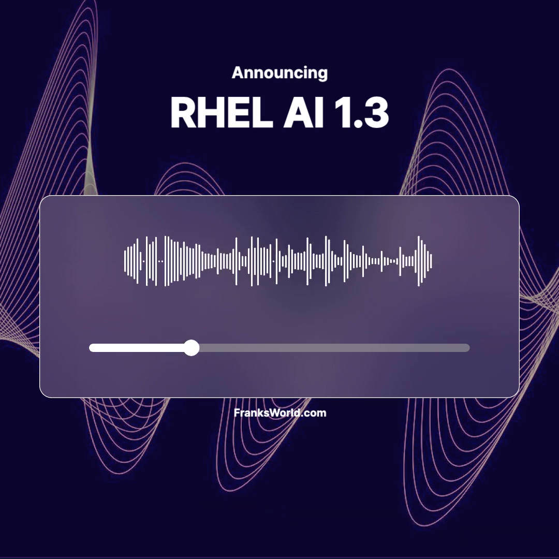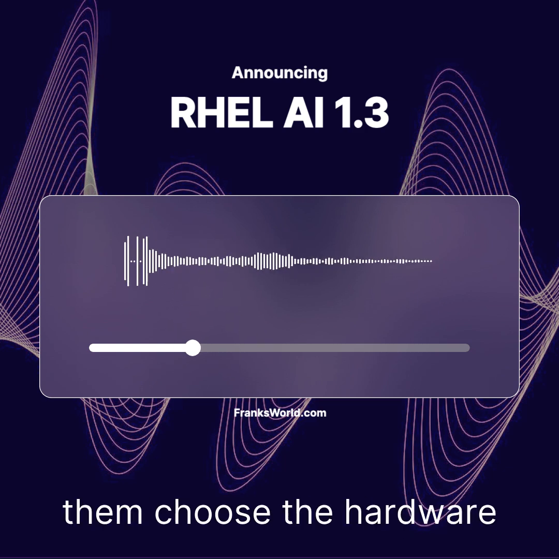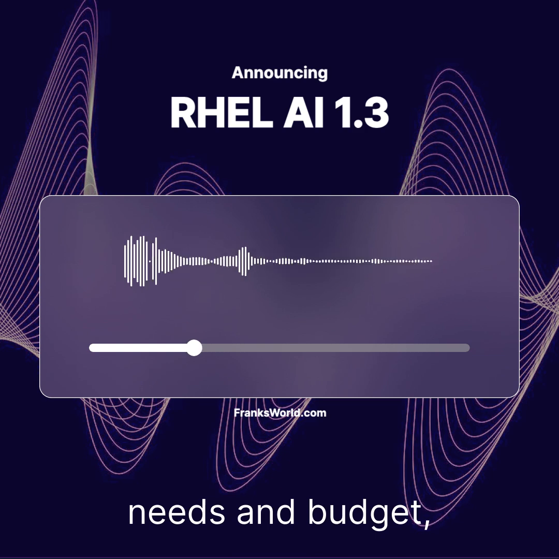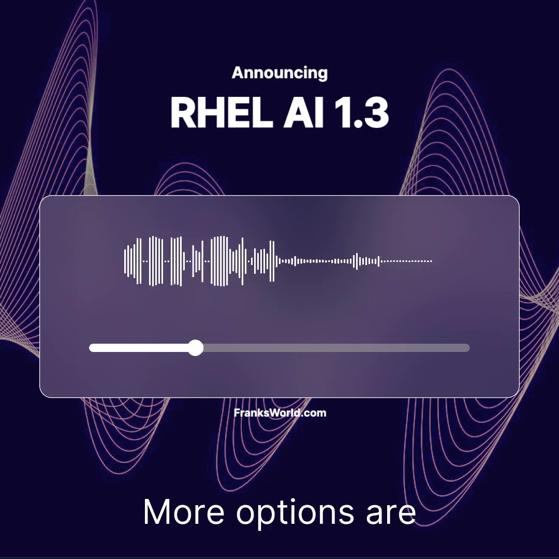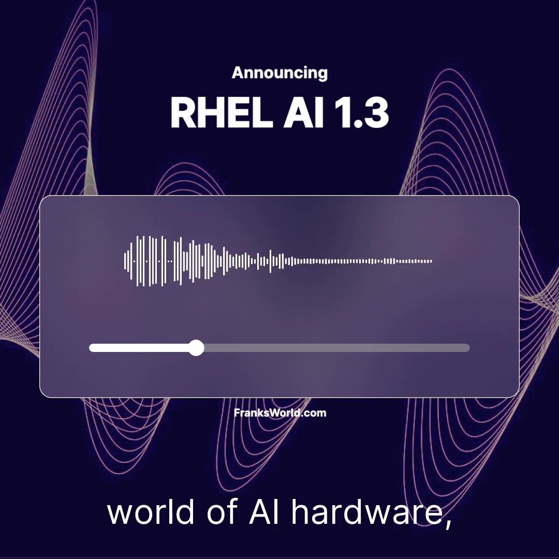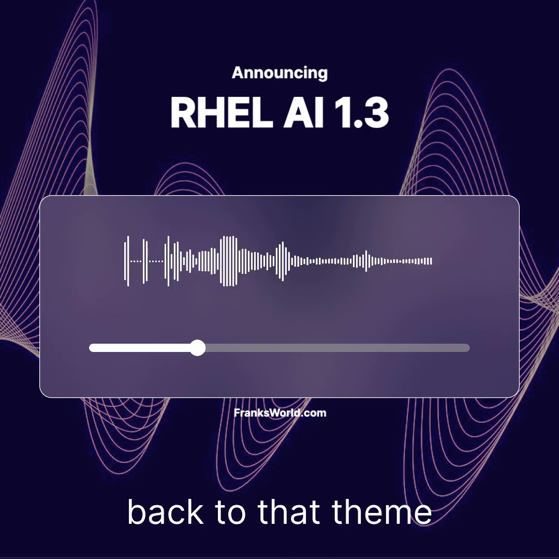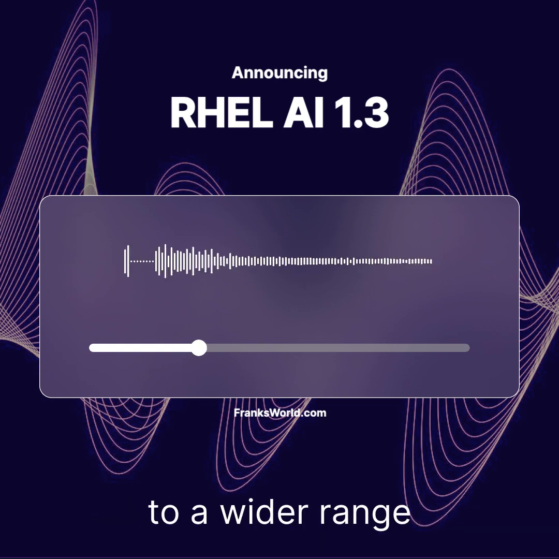So they're expanding the options, giving businesses more flexibility. Exactly. It's about letting them choose the hardware that best aligns with their specific needs and budget, whether they're looking for raw performance or something more cost-effective. More options are always a good thing, especially in the world of AI hardware where things are constantly changing. Absolutely. And it also ties back to that theme of democratizing AI, making it accessible to a wider range of